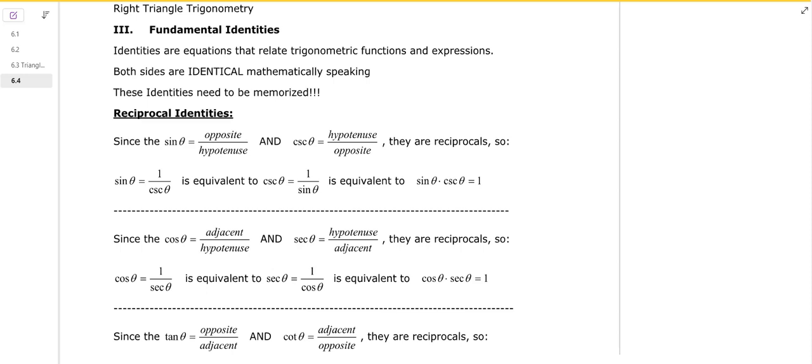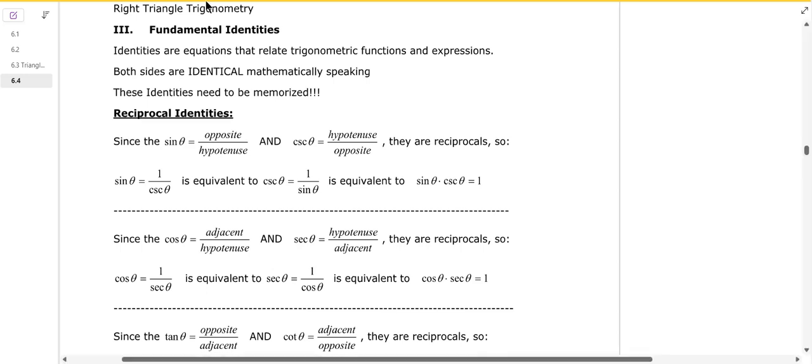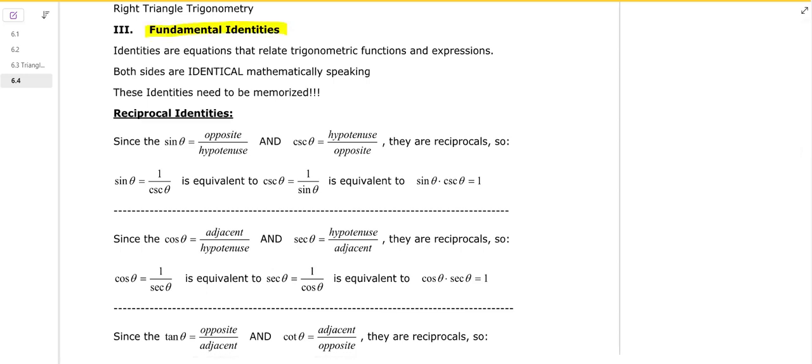All right, so let's see. With this video, we're going to be looking at fundamental identities and kind of introducing that basic idea. So the fundamental identities can be derived just by looking at triangles and later at the unit circle. So the first thing we're going to look at